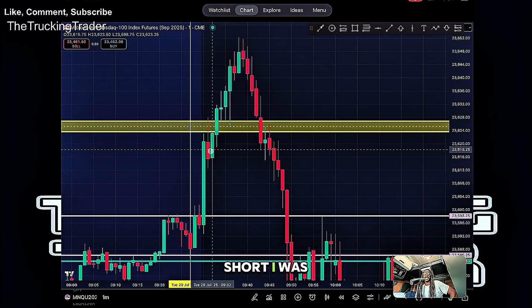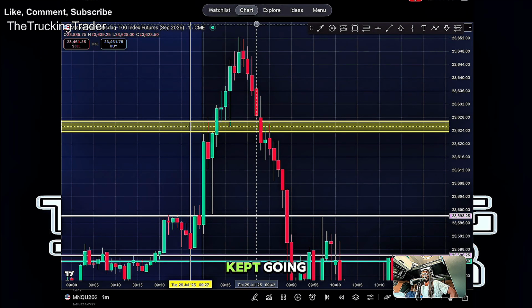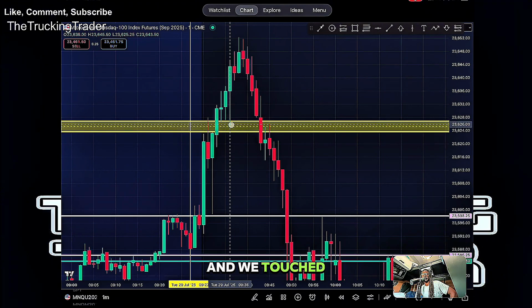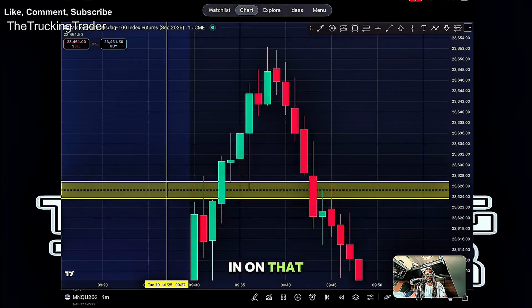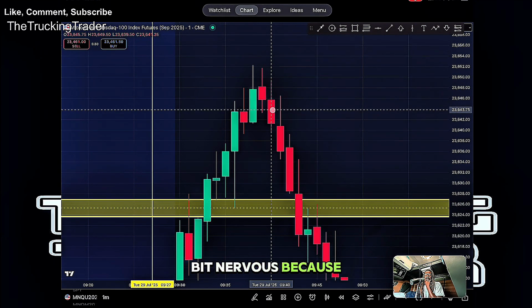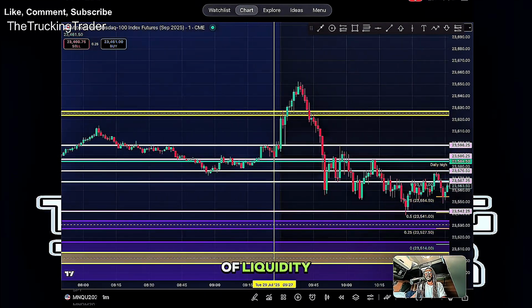So long story short, I was taking my sells, but then price had kept going. And what scared me the most is when we came down here and we touched this midpoint of the first presented fair value gap. Let me zoom in on that. Right? As soon as we touched the midpoint of this first presented fair value gap, that's when I really started to get a little bit nervous, because I knew that I had a lot of liquidity down here that wanted